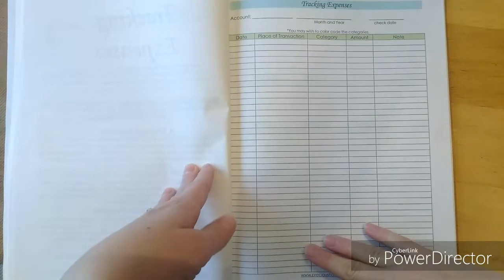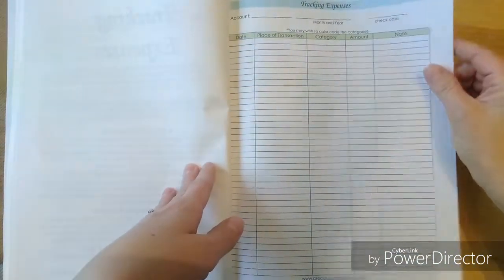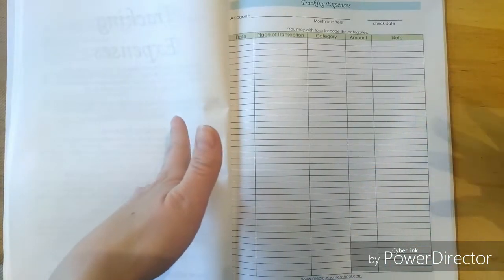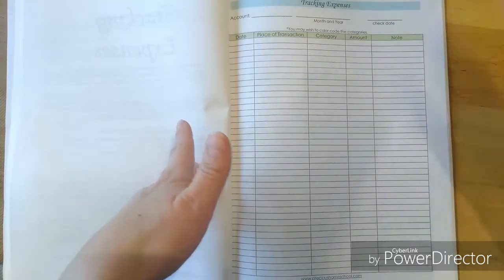After you get all of this filled out, then you may wish to color code, okay? So color coding, once it's all filled out, allows you to see very quickly where you have the most trouble spending your money. Maybe you have the most categories highlighted that are eating out. Well, you need to work on fixing that, right? Okay,